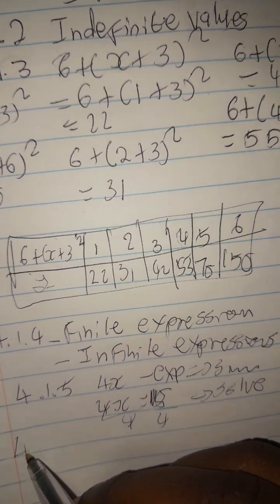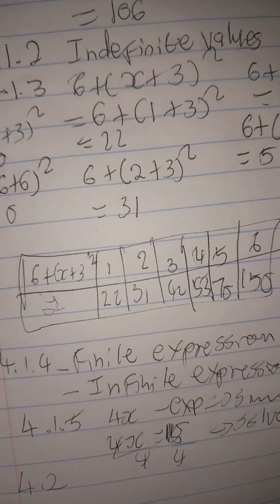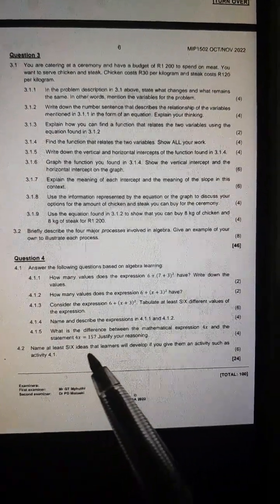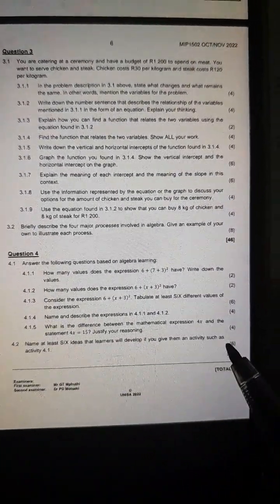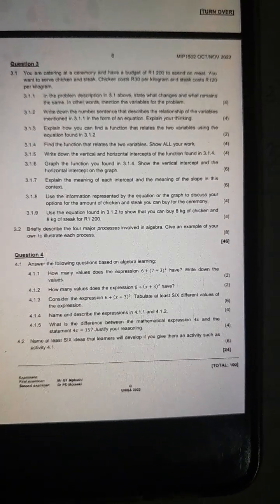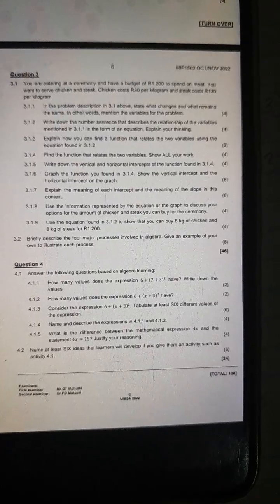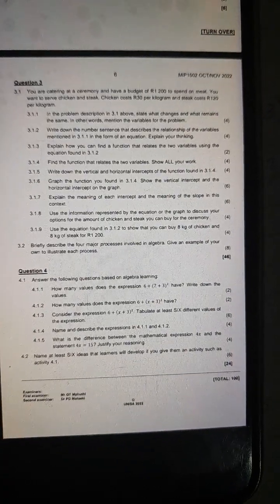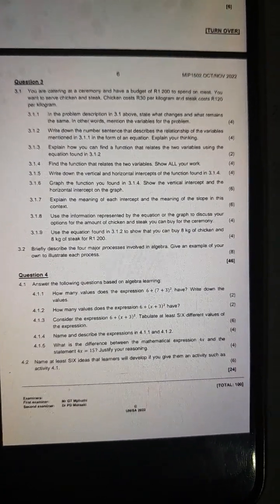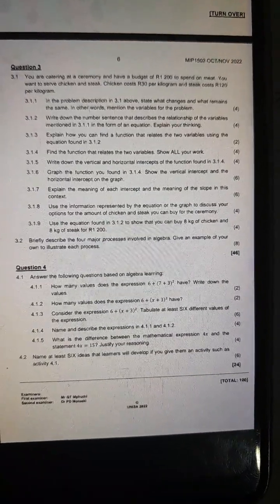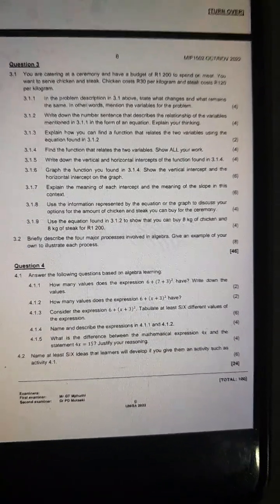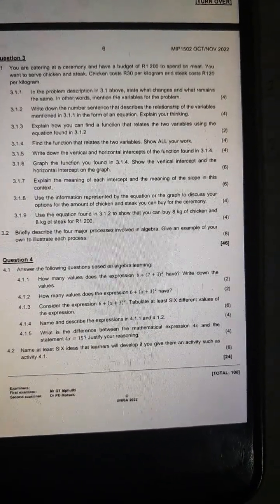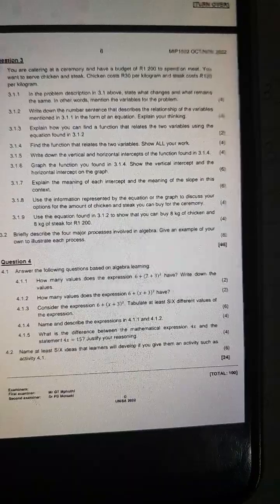So let's go to the last one, 4.2. For 4.2, guys, they said name at least 6 ideas that learners will develop if you give them an activity such as 4.1. When you give them such an activity, 1, learners will develop knowledge about equations. 2, they will learn about substitution. 3, they will learn about variables. 4, they will learn about finite values